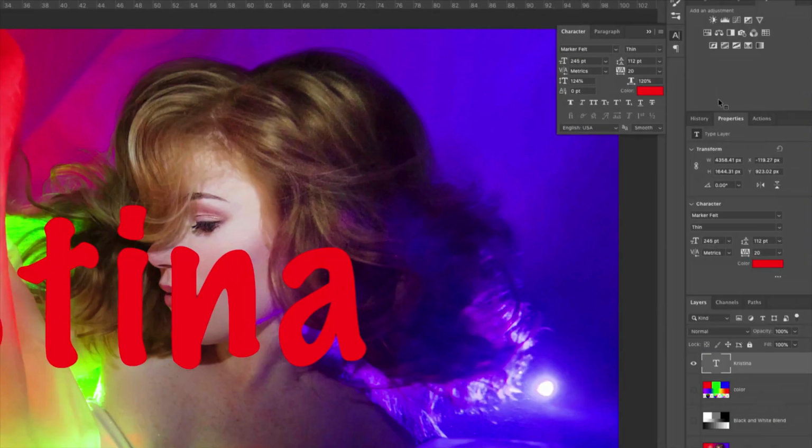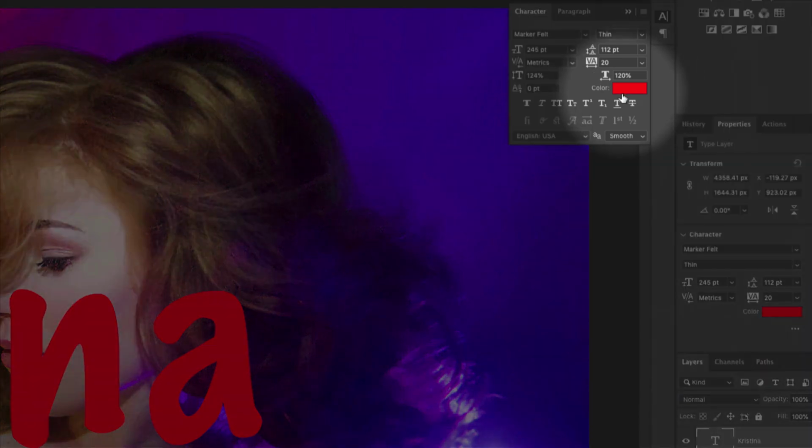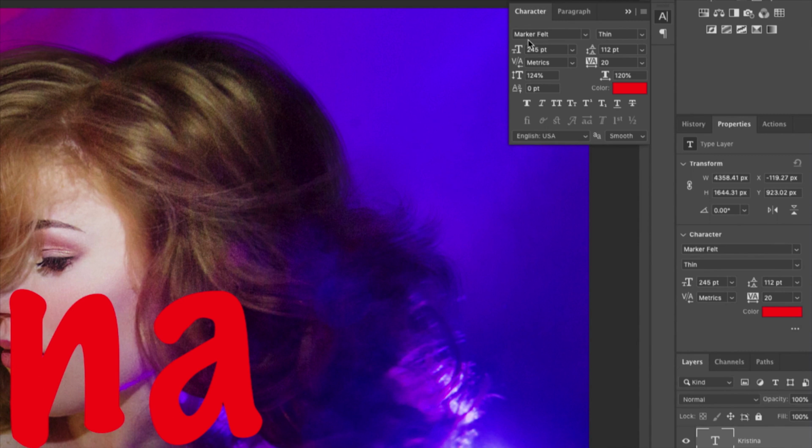So in our character palette, as you can see, not only do we have an area to change the font and the color, similar to what we have up on our tools preferences area, you also have the size, you have the kerning between the different characters, which is going to modify the space in between the characters, and then also the tracking. So basically the space in between of the entire sentence, that's going to be the difference in space there. If you want to change the amount of space in between the lines, that's technically called the leading, and that's going to be in that area.